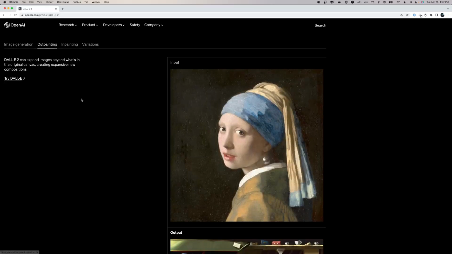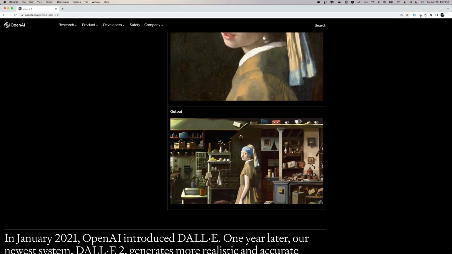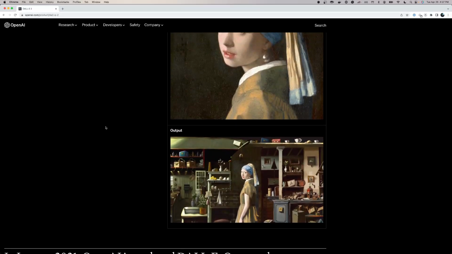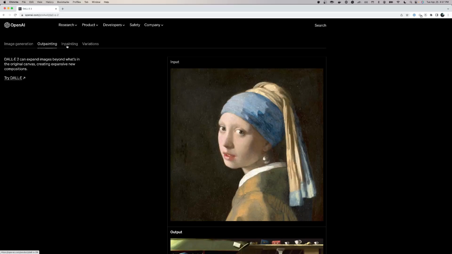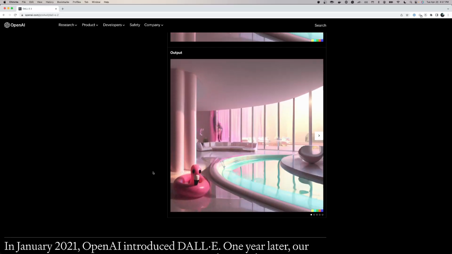This is essentially generating an image just based on words. And when you click on outpainting, you can see the girl with the pearl earring, I think that's what the image is called. You can essentially have the whole painting be extended out, right? And this is being done just based on words, right? And you can do the inverse too, where if you wanted to have a background and then you wanted to have something else painted into it,